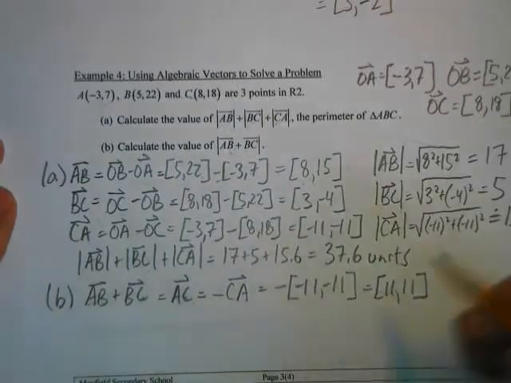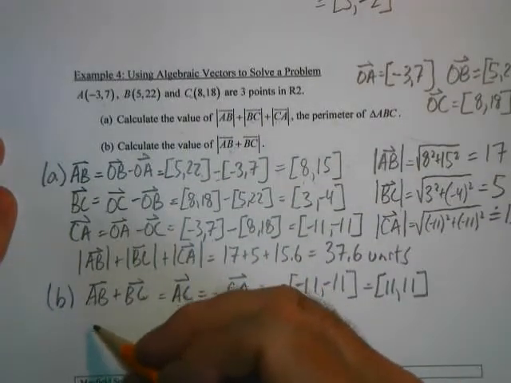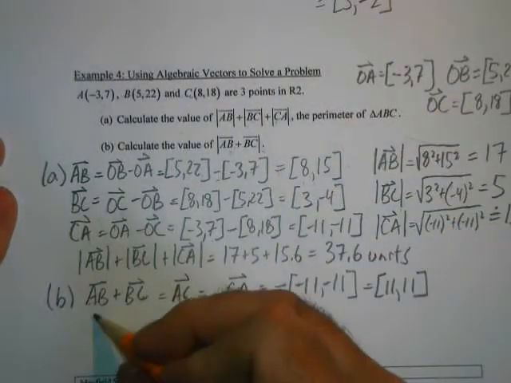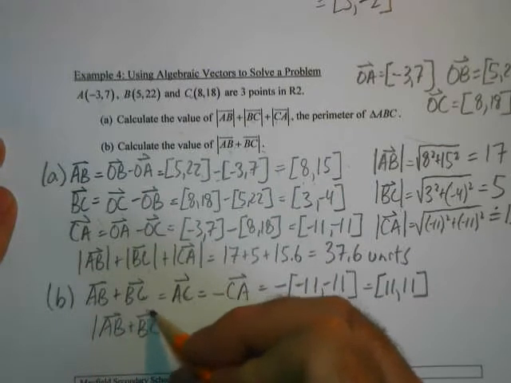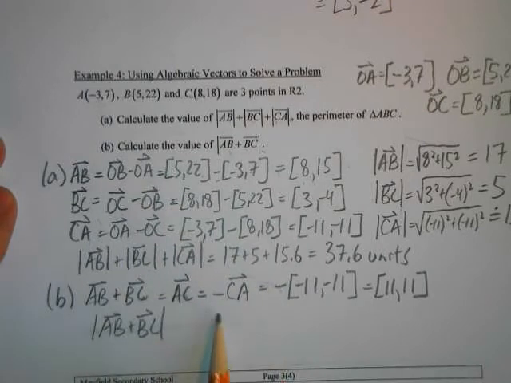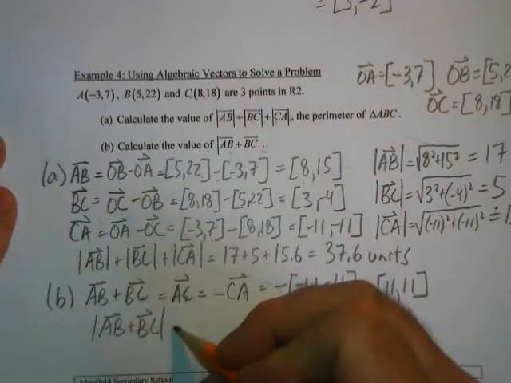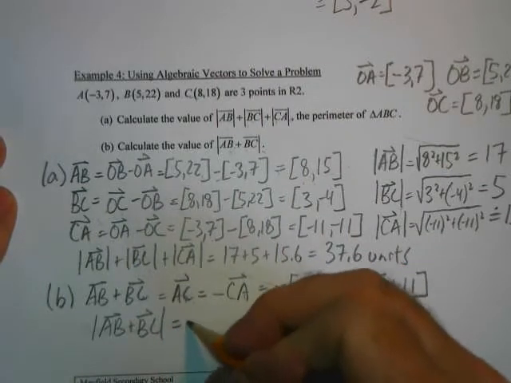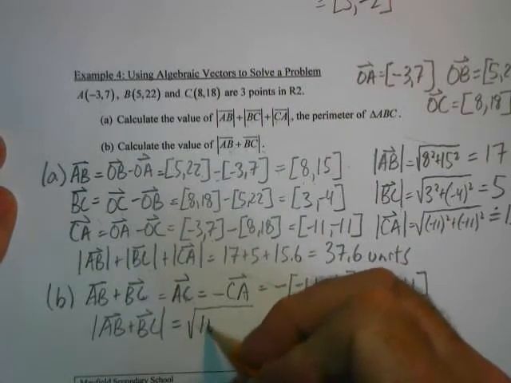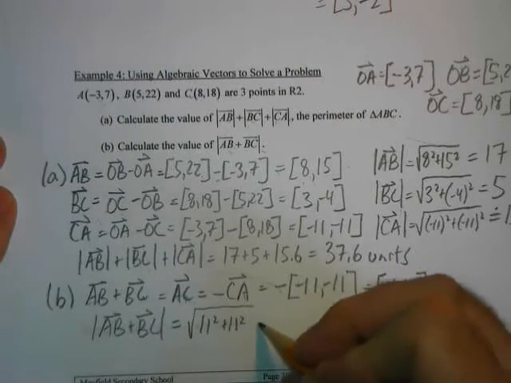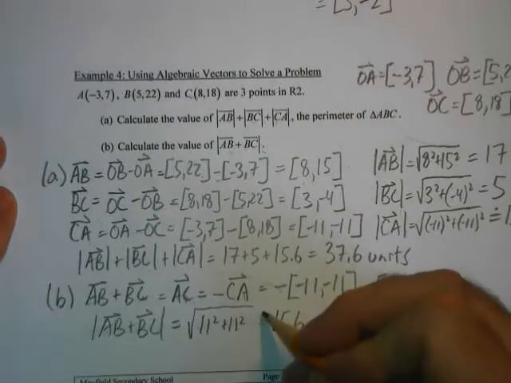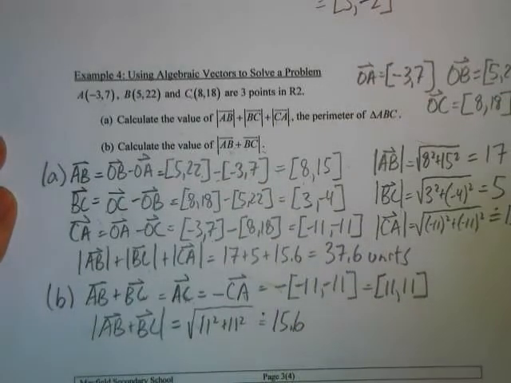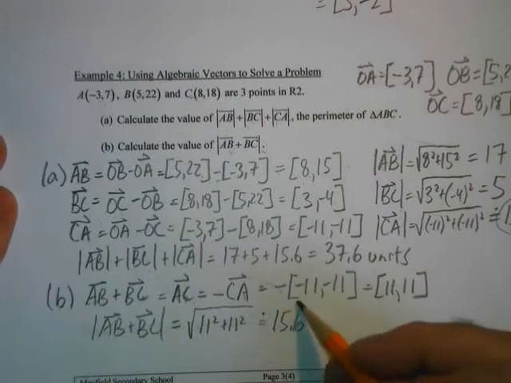Okay, and then therefore the magnitude of AB plus BC is really the magnitude of, well, this one or this one, which is going to be square root of 11 squared plus 11 squared, and that's equal to 15.6 approximately. And if you notice, those two values are exactly the same,